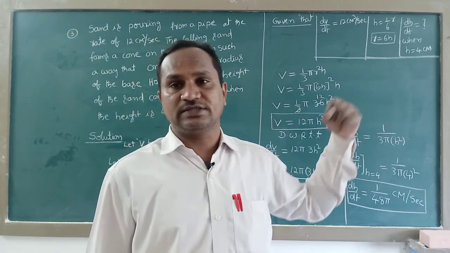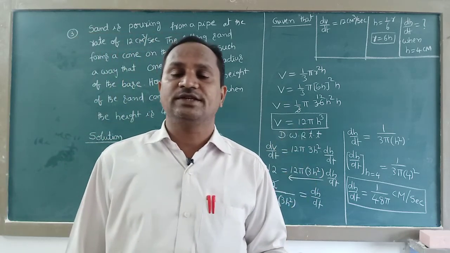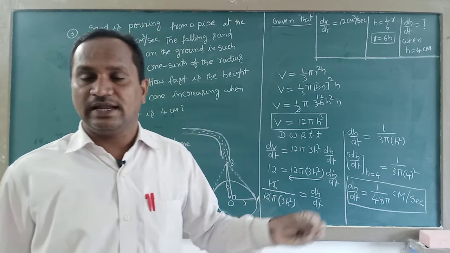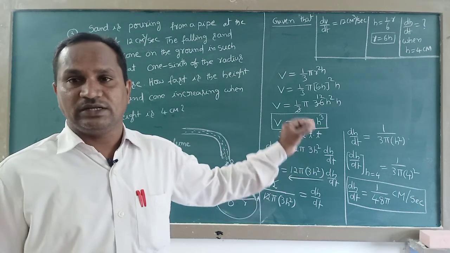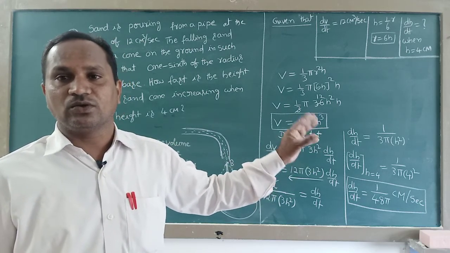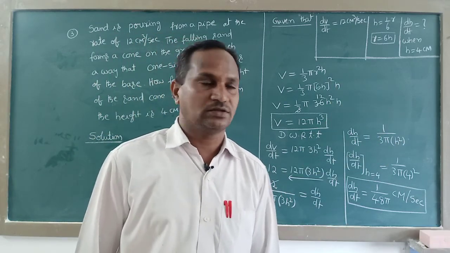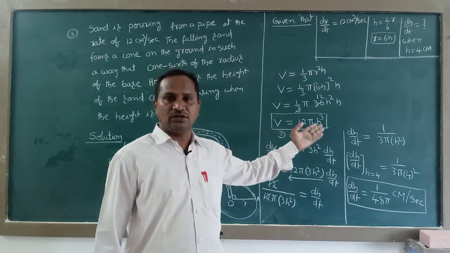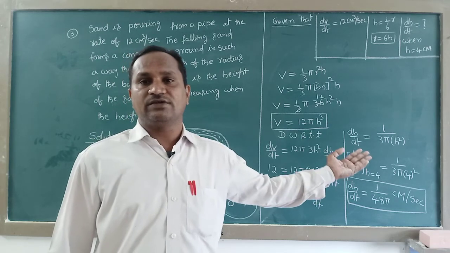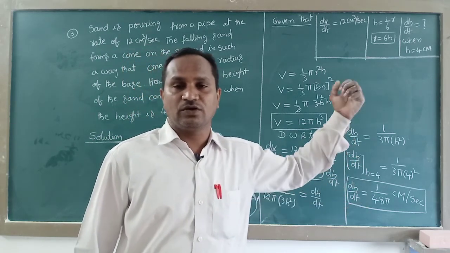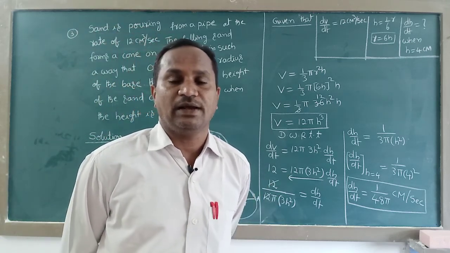R value is equal to 6h. And with the help of all these conditions, what is the rate of change of height when h is equal to 4 centimeters? Like that they are asking in this question. When they give a question on volume, definitely we must and should apply the volume of the cone formula, that is, the volume of the cone is 1 by 3 into pi r square h. With the help of that formula, we have taken differentiation with respect to t. After completion of that, instead of h we substituted 4 centimeters, and finally we got the answer dh by dt is equal to 1 by 48 pi centimeter per second.